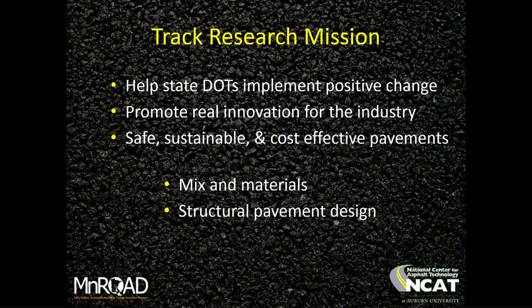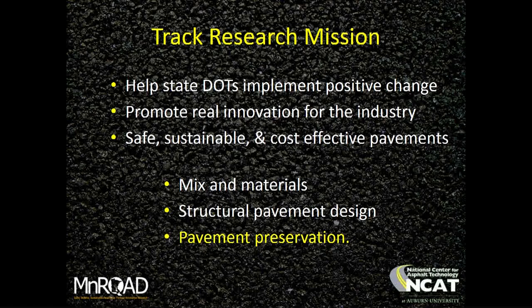Where the first track was a big, thick perpetual pavement, we started tearing test sections out and building thinner pavements to do empirical design calibrations and mechanistic-empirical validation and calibration, and it helped states to implement more efficient structural pavement design. And then finally, about 2012, we got into pavement preservation. So it's a holistic pavement experiment program now. What are the ideal materials in each layer? What's the optimized thickness of the whole pavement structure? And then what kind of roof do you keep on the house in order to achieve the lowest possible life cycle cost? So it's a very rewarding thing for me, being a state agency guy, to do this type of